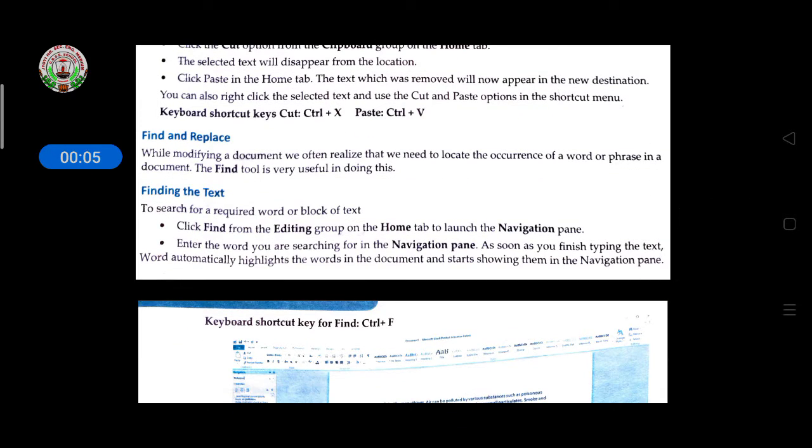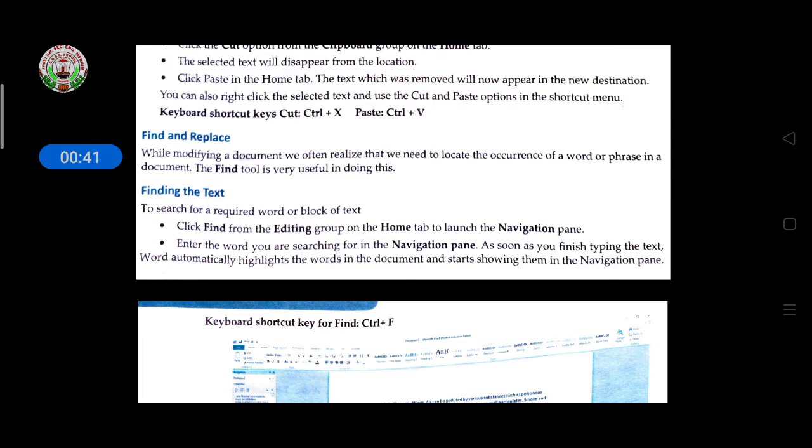So, children, last class we had discussed cut, copy, paste. Cut, copy, paste means if you select any text or any line, and you select cut, that selected part will be moved from that place to another place where you want to paste it. And copy means the content will be copied from that place, and if you want to paste anywhere you can right-click and select paste, and the copied content will be pasted. But in the case of cut, it will move from one place to another.